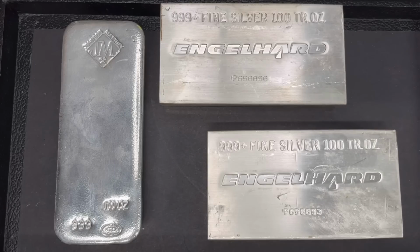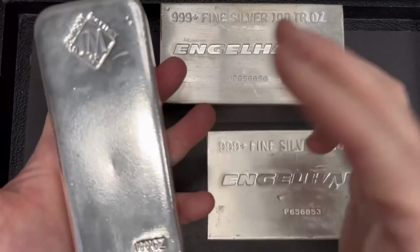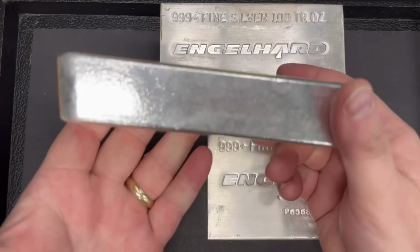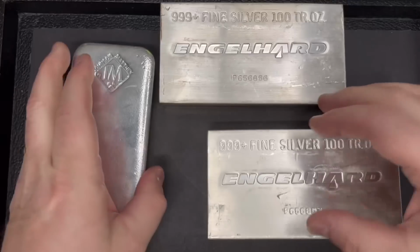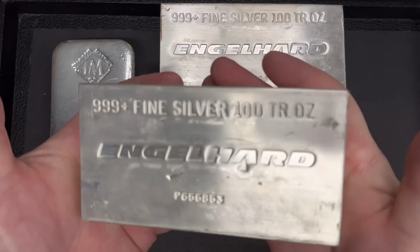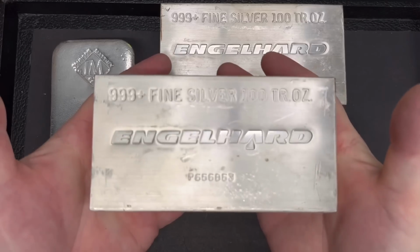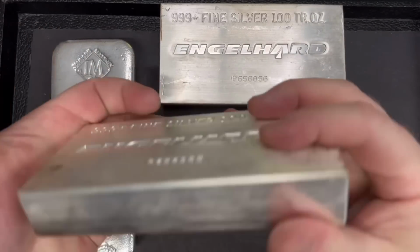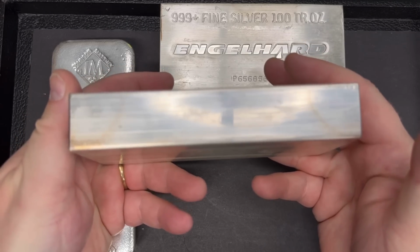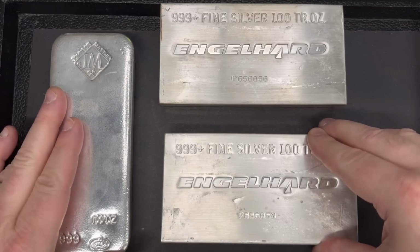This includes all and any designs of 100 ounce bars that I might get across the counter or through my wholesalers, but these are 2 of my favorites. This is a Johnson Matthey loaf style 100 ounce bar. And then I always have a soft spot for Engelhard. That's a very popular vintage brand. These were last produced in 1987. So it's a vintage bar. Gosh, that puts it at almost 40 years old now. Can you believe that? It's hard to believe. The 80s don't seem like that long ago. But anyway,